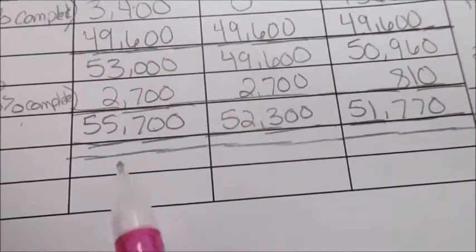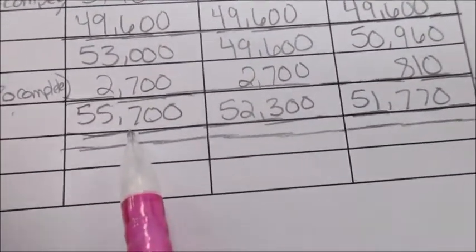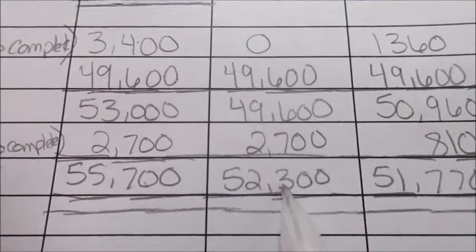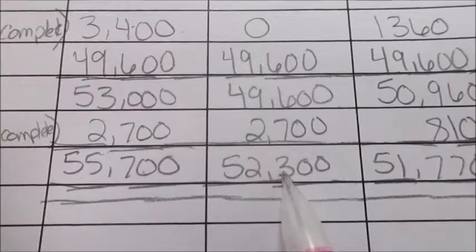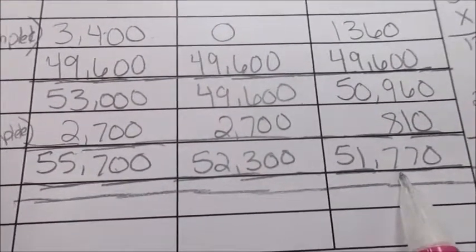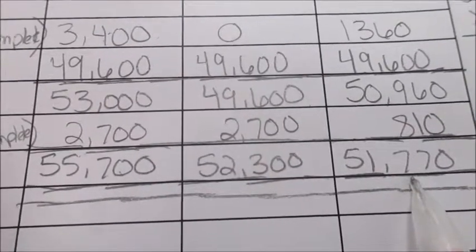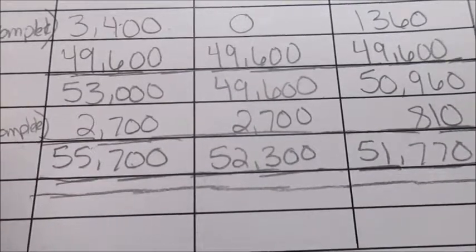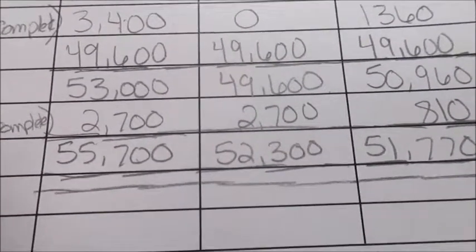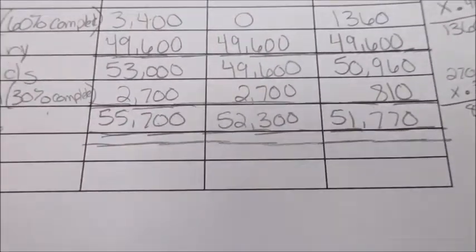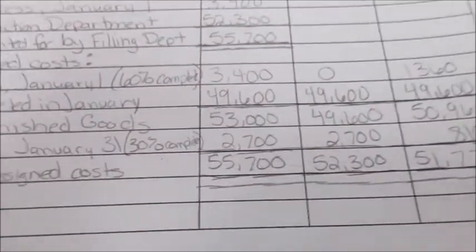So this tells us that total we have 55,700 units to assign costs to. It tells us that 52,300 units of direct materials were used in the month of January, and 51,770 units of labor, overhead, etc. were used in January. Okay, so we're going to come back to these numbers when we do the second half of this cost of production report. So set that page aside,